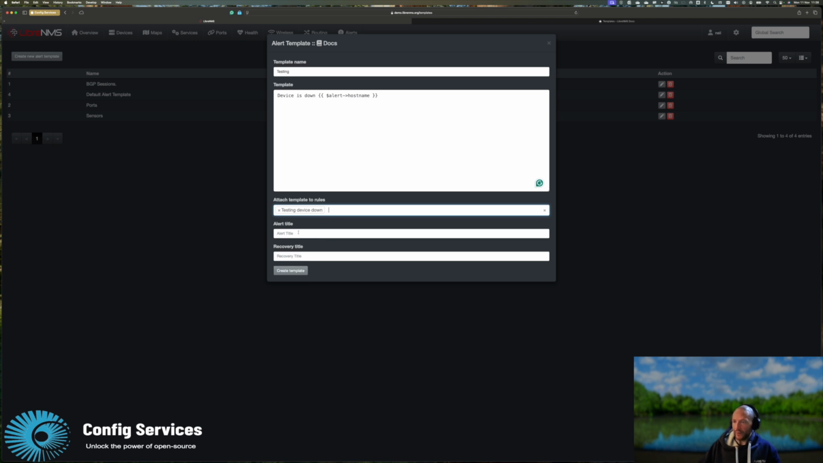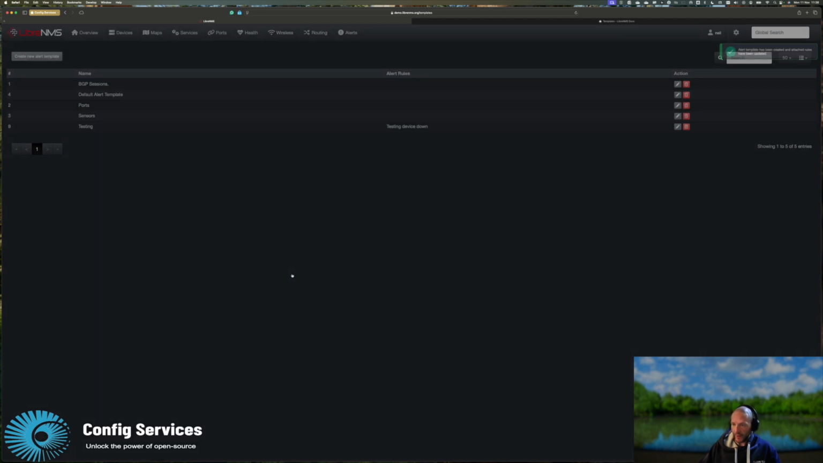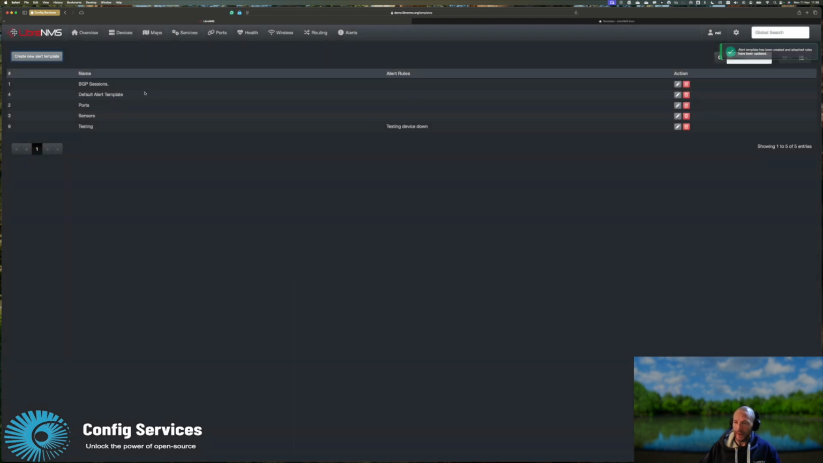And in here, you can overwrite the alert title and recovery title. So they'll be automatically set by LibreNMS, especially if it's a mail transport, but you can overwrite that and you can actually use a lot of the syntax available in the templating engine in general to use variables within the alert and recovery title. So if we just hit create template there now, and this page refreshes,